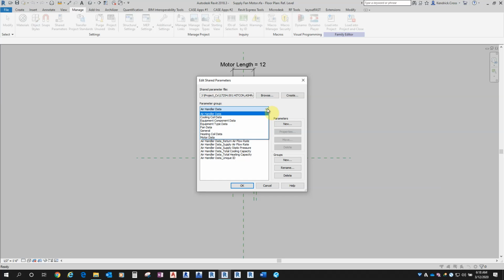And those parameter groups are done by air handler data, cooling coil data, and so on. And this is definitely not all of the categories, not all of the parameter groups. There's many more, and we are not going to touch on all those. But I'm going to show you really quickly how to make a group and how to add parameters to that